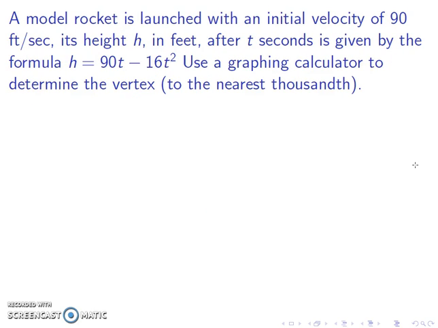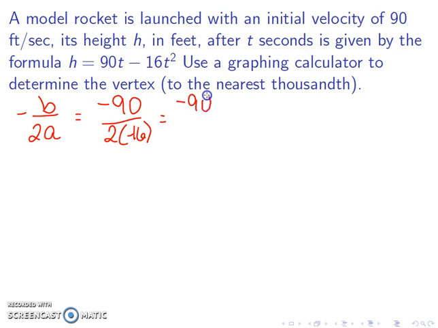A model rocket is launched with an initial velocity of 90 feet per second, and its height h in feet after t seconds is given by this formula. So we want to determine the vertex. The first step is negative b over 2a. So b is the number in front of t, and a is the number in front of t squared. So this is negative 90 divided by negative 32, which once we work that out, to the nearest thousandth